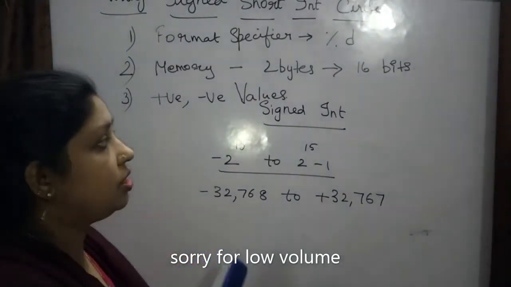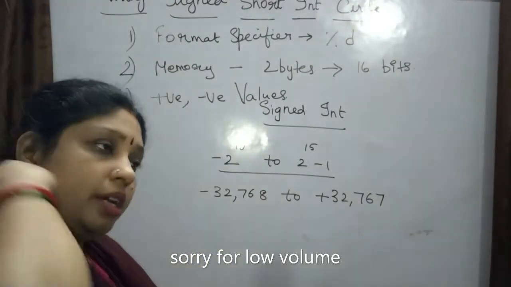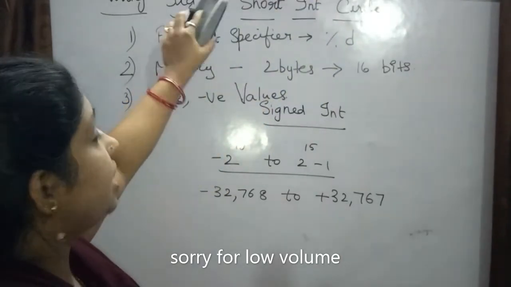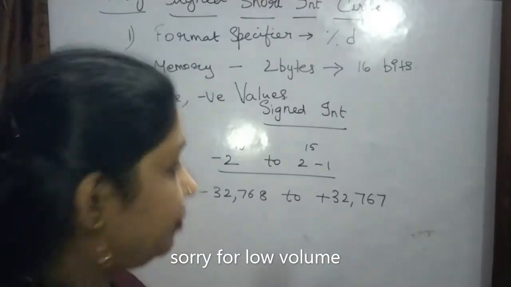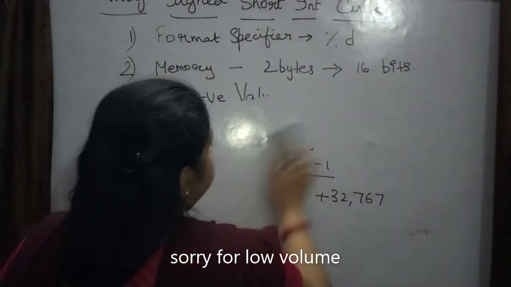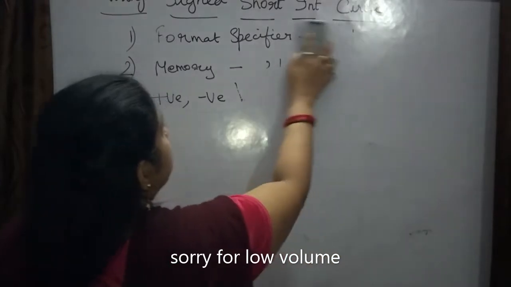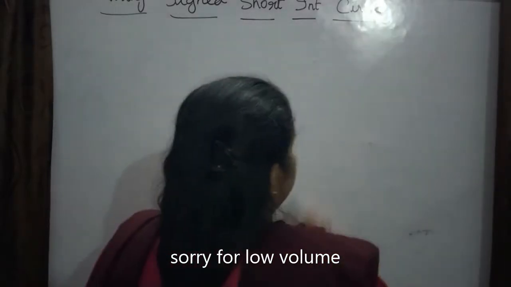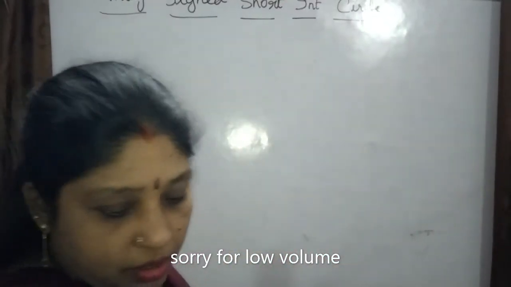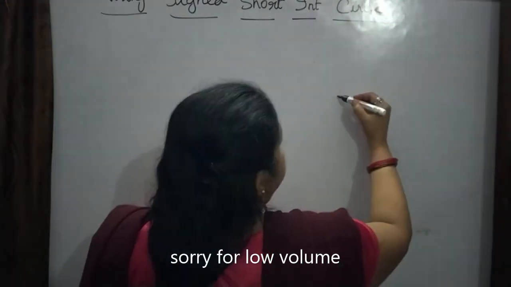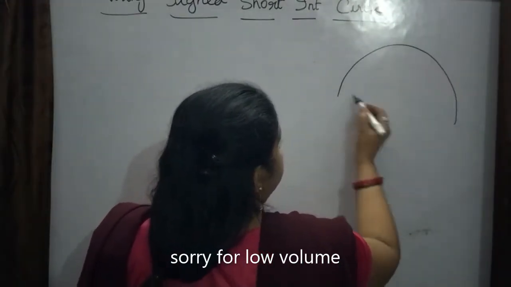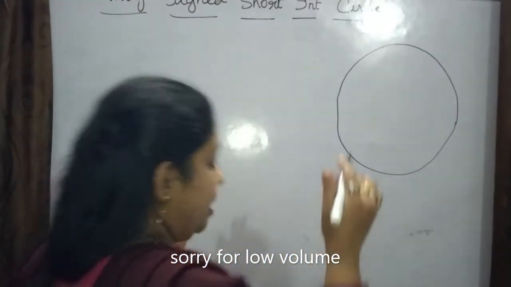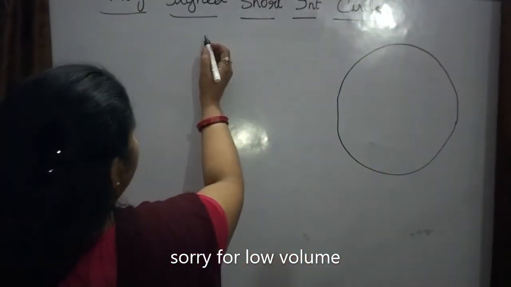Okay, now next I am going to discuss about the circle. What is the signed short int circle? So like this, signed is there, unsigned circle also is there. Okay, now we'll discuss about it. Now let me draw the circle here. Okay, now I have drawn one circle and I will start from, already you know the range of the values